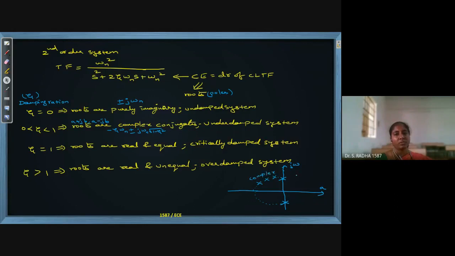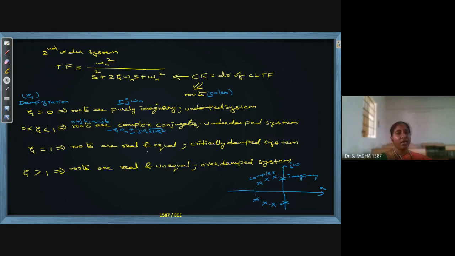These roots are imaginary roots. On the y-axis means imaginary roots. Complex means in the quadrant. Okay, plus a plus jb upside means a minus jb downside, above the x-axis and below the x-axis. If it is a plus jb, the conjugate a minus jb is on the bottom. Something like this. If roots are present in this zone, those are called complex roots.